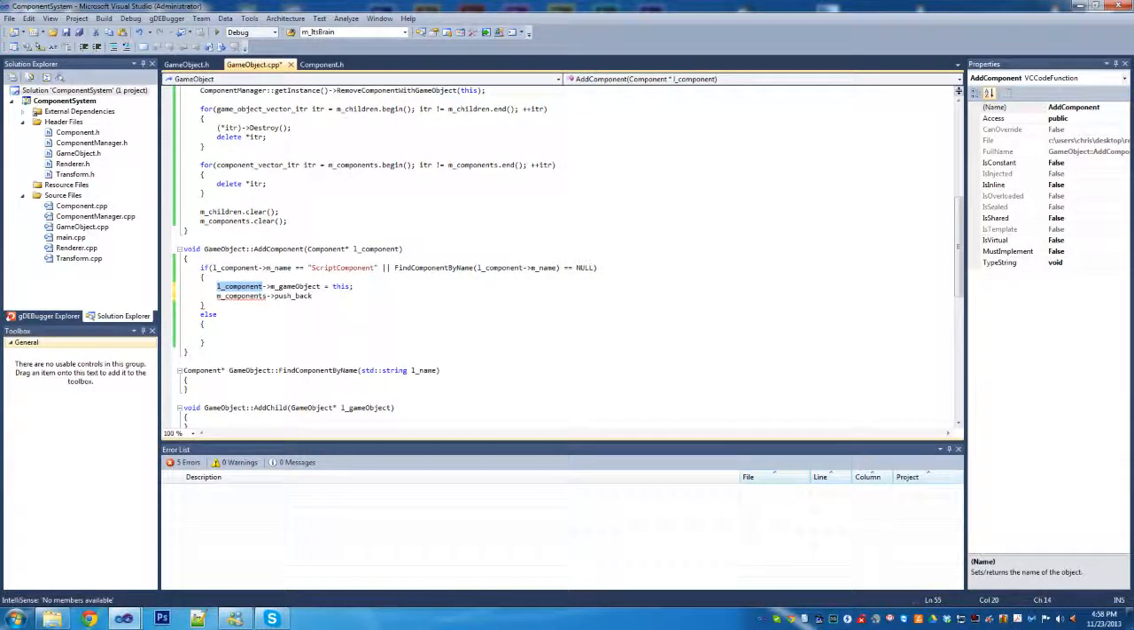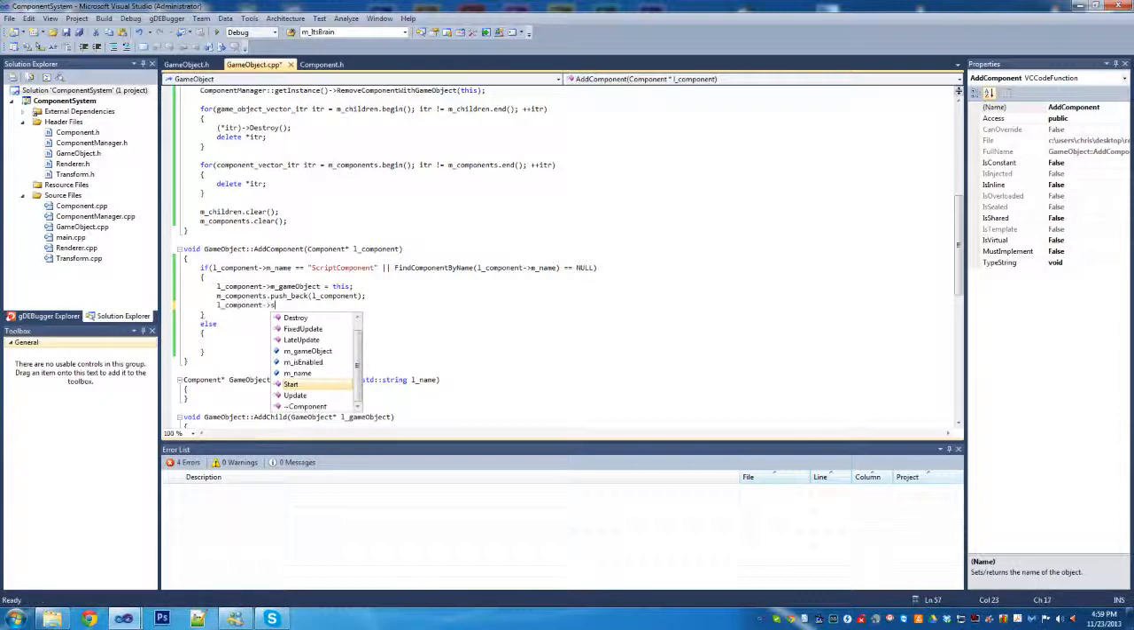And that'll just be L components we push back. Oh, hey, when I don't hit the shift key there, for some reason that's throwing in, oh, it's because it's not a pointer. There we go. And then we're just going to call start